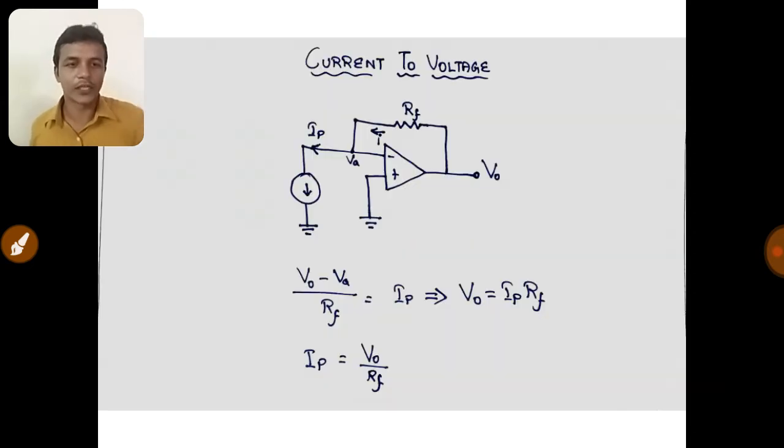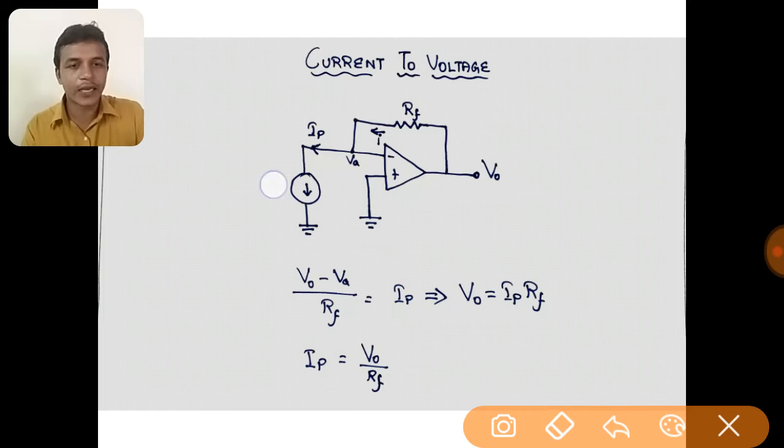Now let us go to the circuit diagram. This is the basic circuit diagram which converts current into voltage using an operational amplifier. Here on the input side, we are giving the current source instead of voltage, and we are giving the input to the inverting terminal, whereas in voltage to current conversion we gave the input to the non-inverting terminal. Here the non-inverting terminal in this circuit is grounded, and the output we are getting from the 6th pin. There is a feedback resistor here in the negative feedback path, right? And